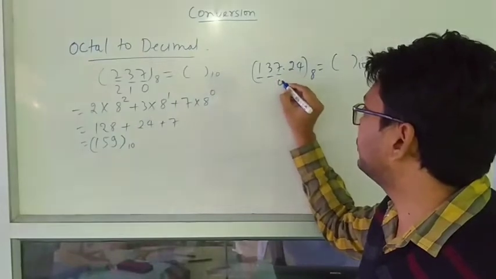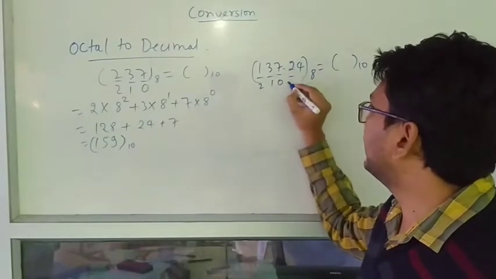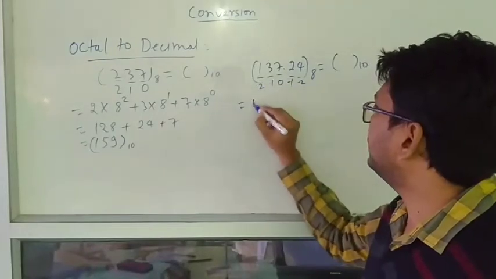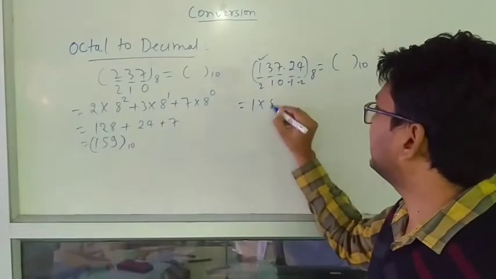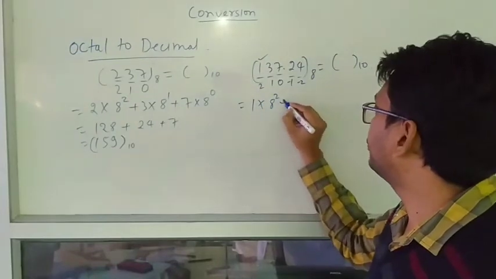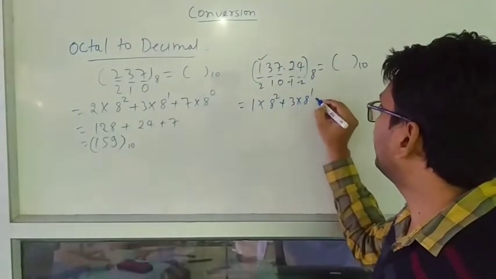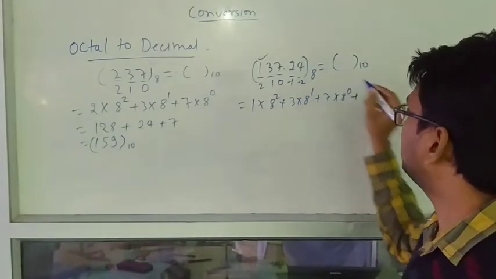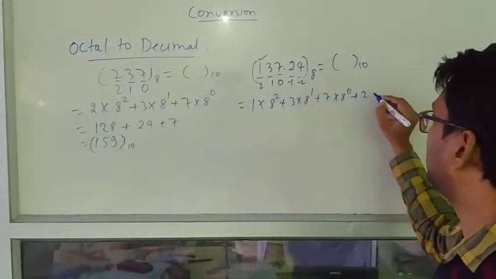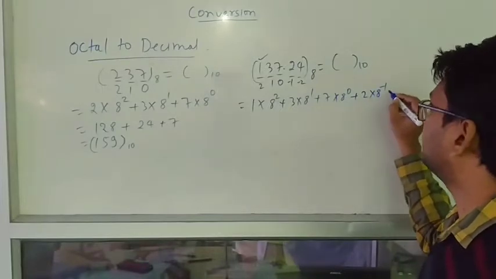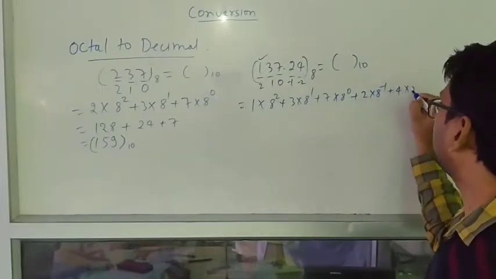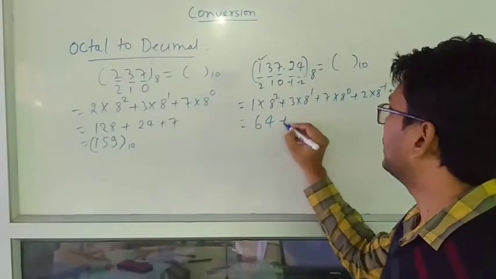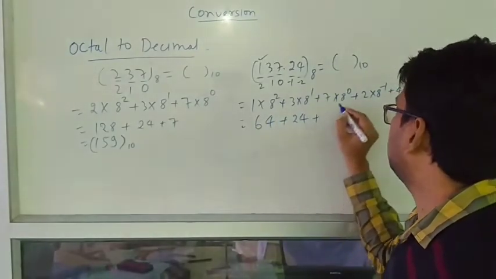This particular position is 0, here 1, here 2, it is -1, this is -2. Then we will take 1 multiplied by radix 8 to the power 2, plus 3 into 8 to the power 1, plus 7 into 8 to the power 0, then plus here it is 2 multiplied by 8 to the power -1, then plus 4 into 8 to the power -2. So we can say it is 64, then here it is 24, then it is 7,